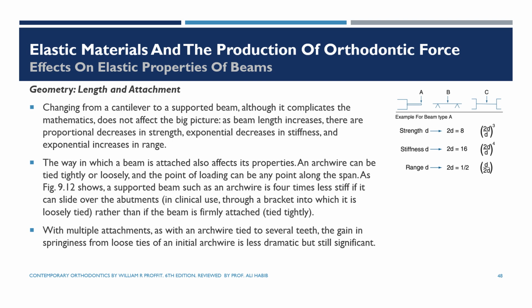Here also this picture shows the change from cantilever to supported beam and how it affects the three features. So it complicates mathematics a little bit. It's more or less the same picture, but as the beam length increases, there are proportional decreases in strength, exponential decrease in stiffness, and exponential increase in range. Exponential decrease or increase